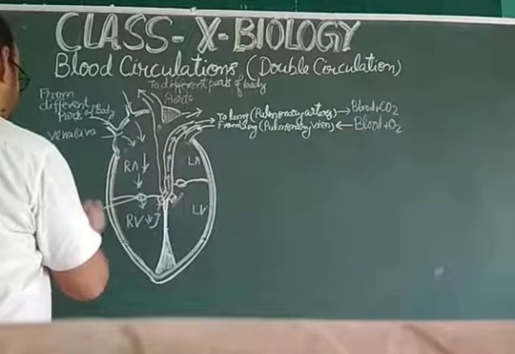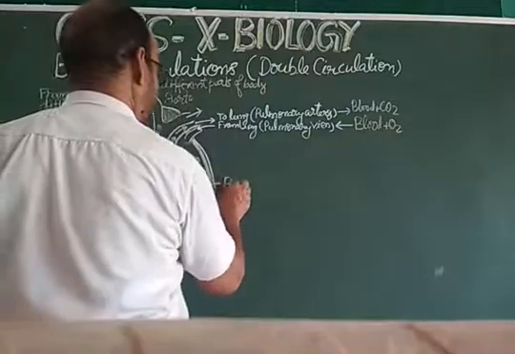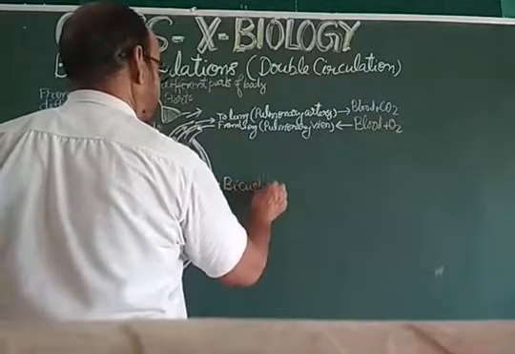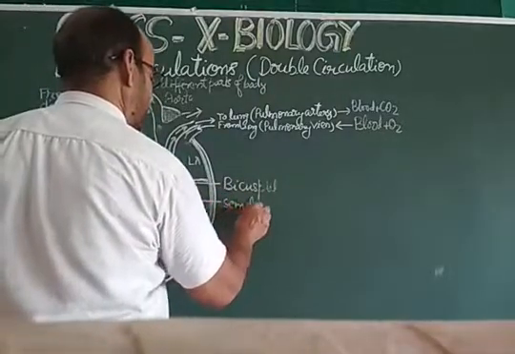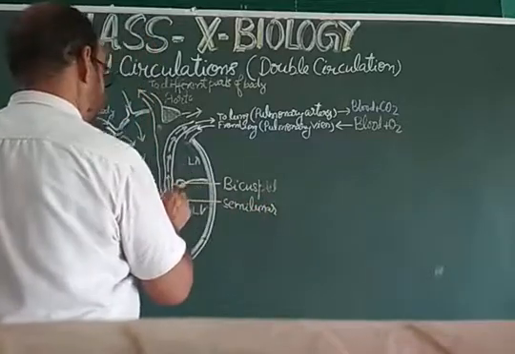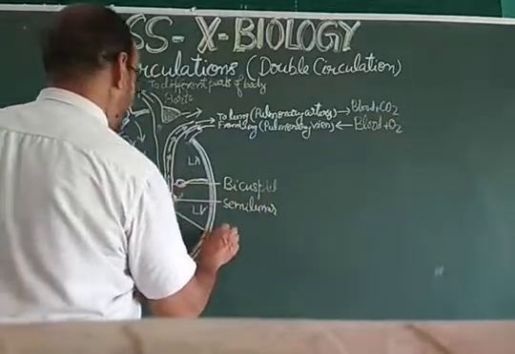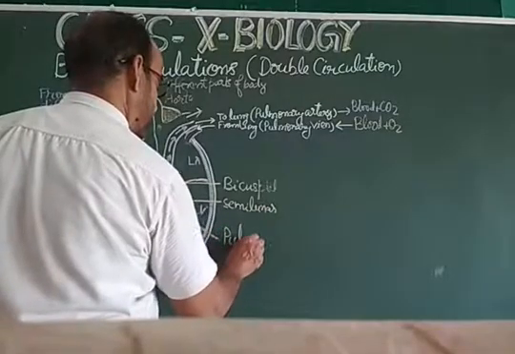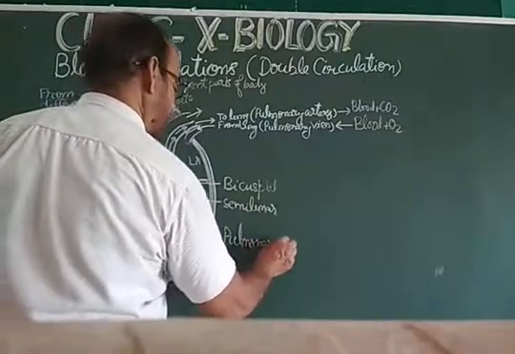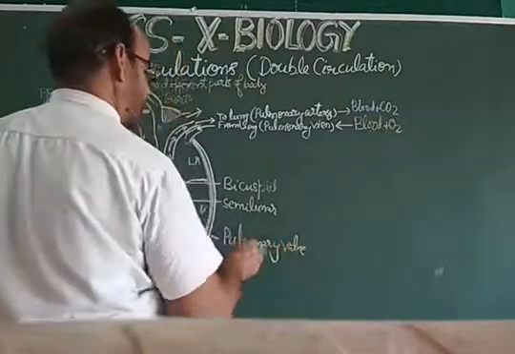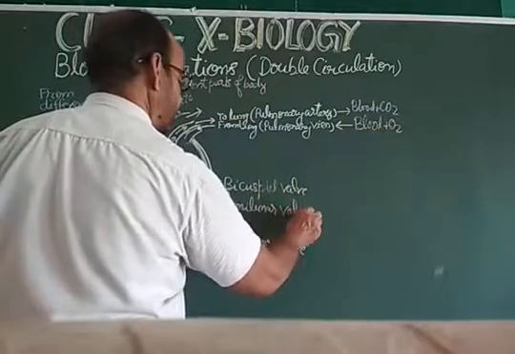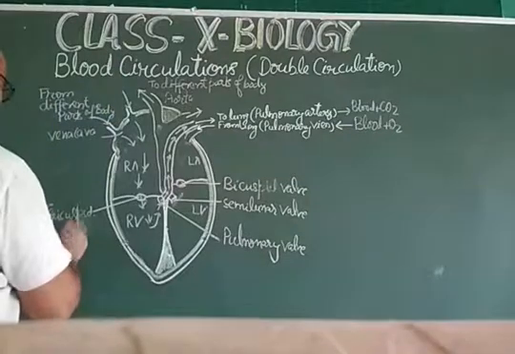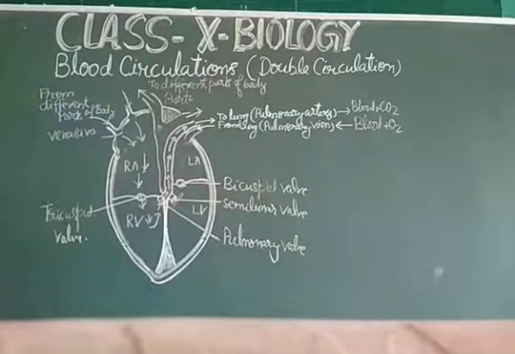tricuspid, bicuspid, and this is semilunar, and this is pulmonary valve. So bicuspid valve, semilunar valve, and this tricuspid valve. So my dear students, this is the diagrammatic representation of the double circulation of